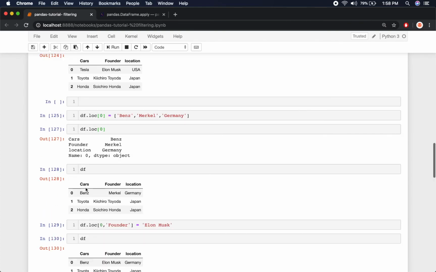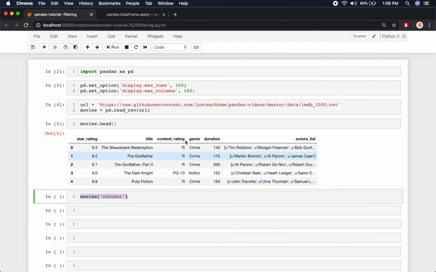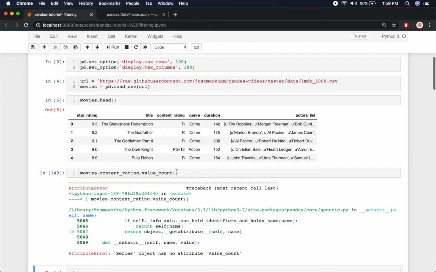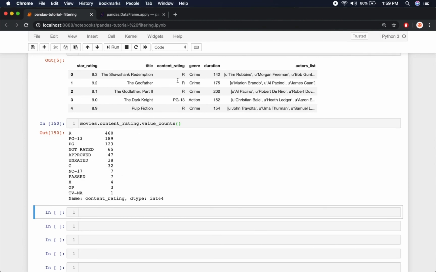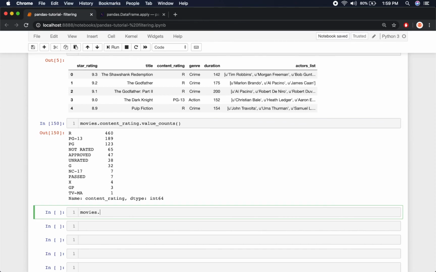Now if you look at the real world application, I've already pulled the data from my previous exercise of filtering videos, and in this video I'm going to use the same data. Now we have content rating as one of the columns in our movies data frame. Let's look at what exactly is present in the content rating column. Content rating dot value counts. So it will tell us what the different categories are that are present in the content rating column. And let's say you want to update R, to do that, movies dot content rating dot replace